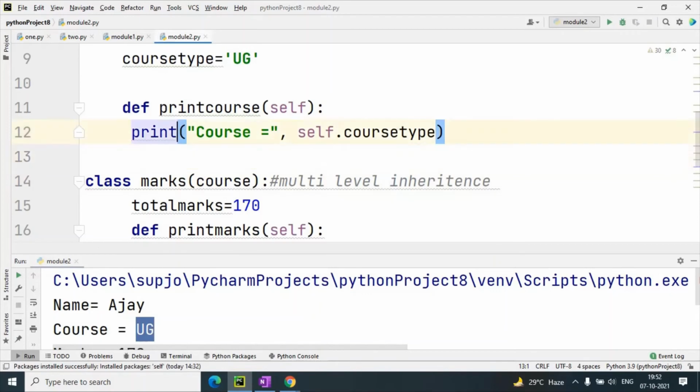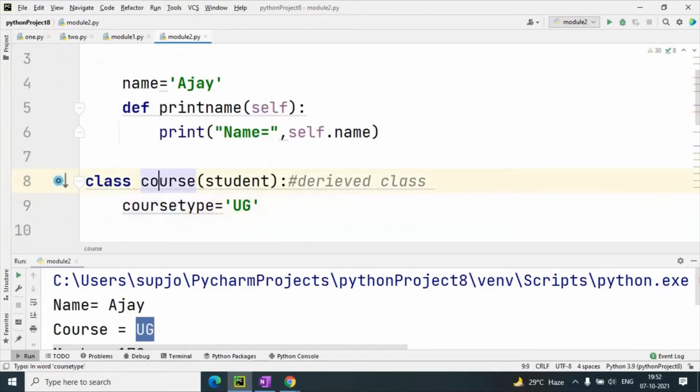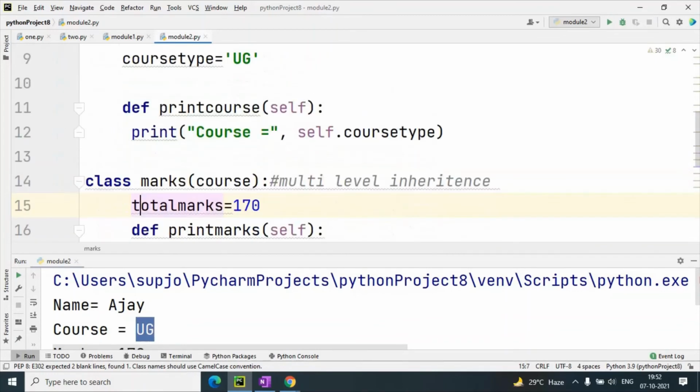You can understand how this is happening, because the student class is inherited in the course class. So it means the course class takes the properties and methods of the student class. This is one level, and in the second level we again derive the marks class from the course class.